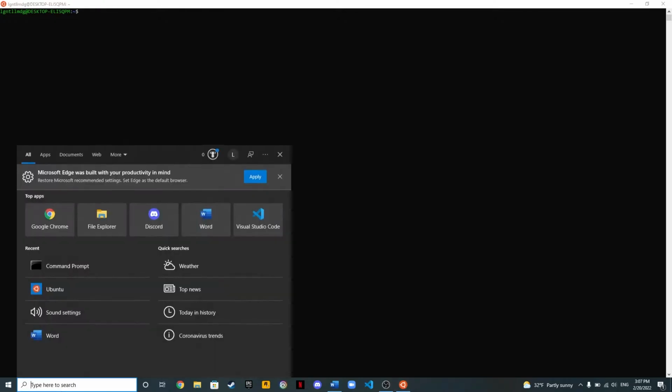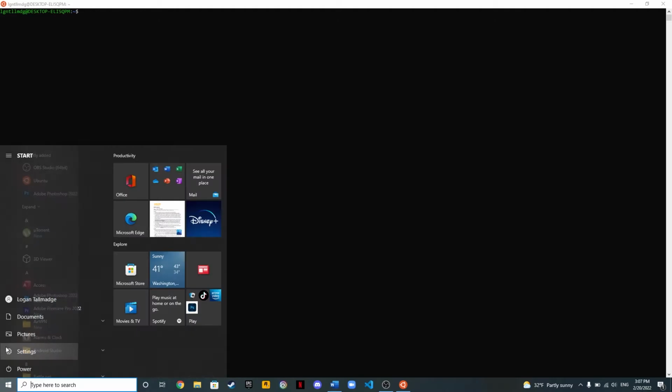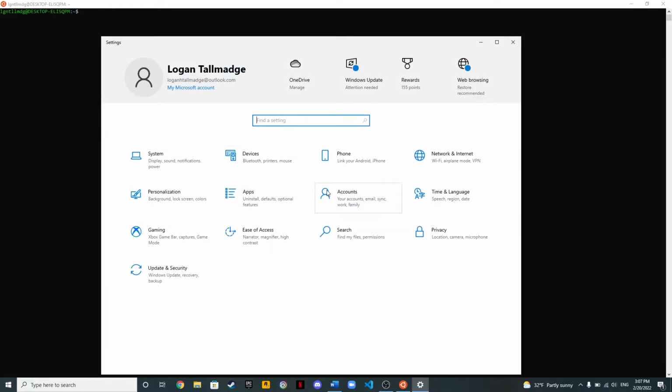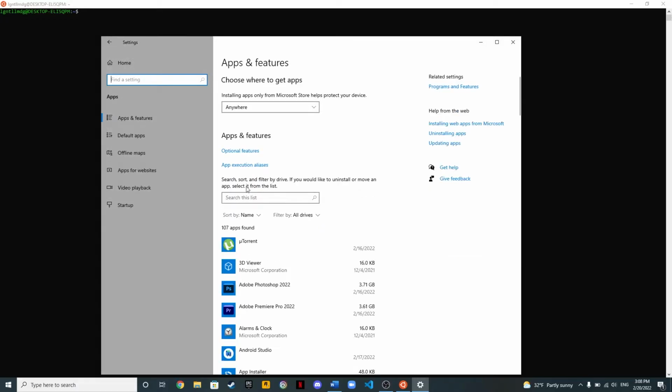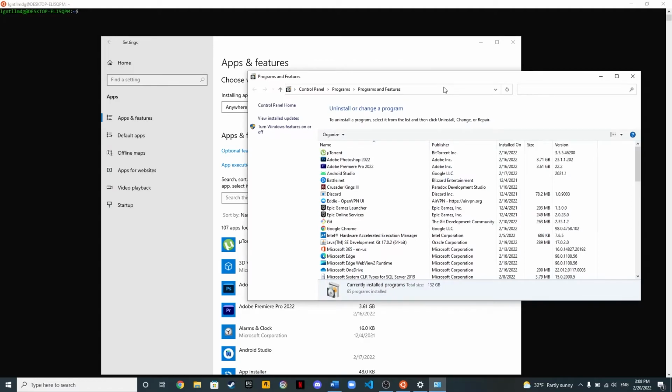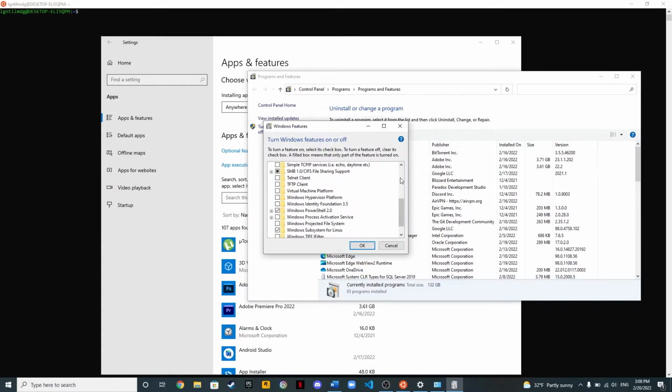So first things first, what you're going to want to do is go ahead and open up Settings, and then go to Apps, and then click right here where it says Programs and Features. And then turn Windows features on or off. So what we're going to do is enable something called Windows Subsystem for Linux, which came out in 2016. Because in order to access the Unix command line in Windows, we are going to need to basically have Linux